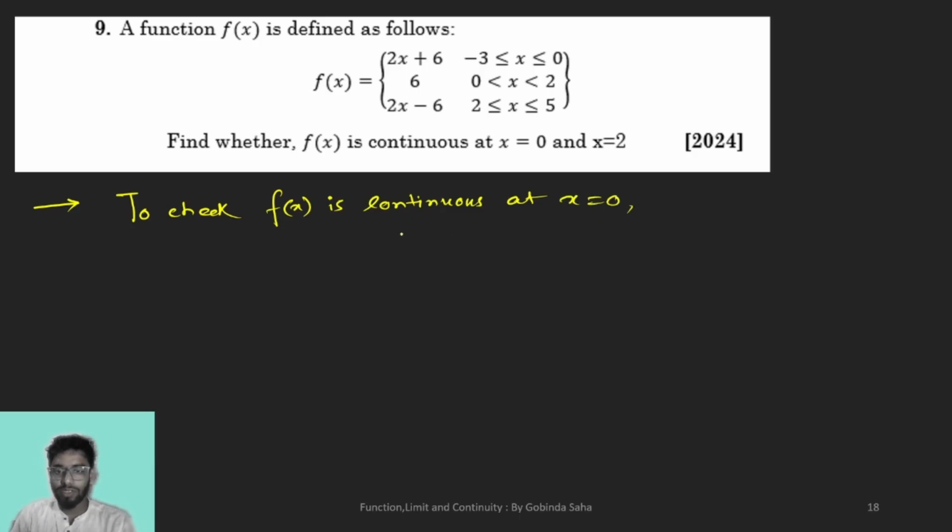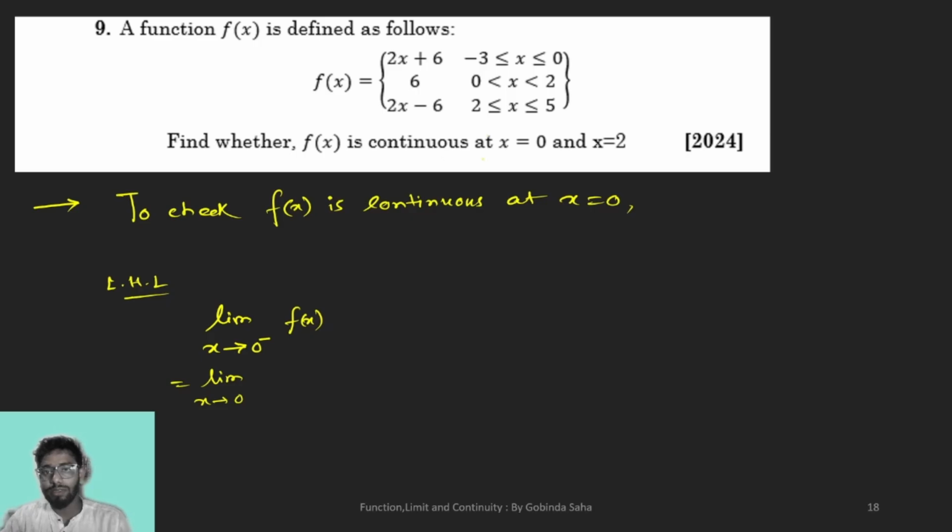First we are checking at x equals to 0, then we will do it for x equals to 2. So left hand limit, that is limit x tends to 0 minus fx. This is less than 0, approaching to 0. So it is going to give you 2x plus 6. Put the value of x,